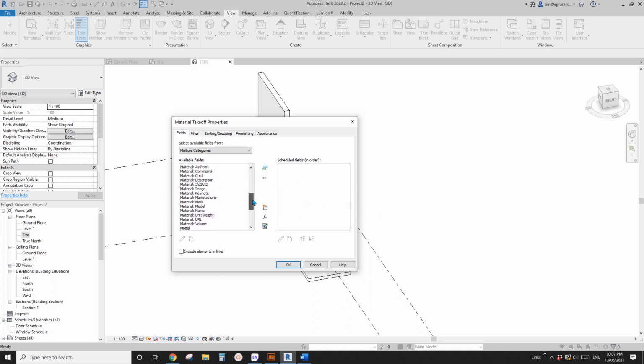Because it's a material takeoff, when you use, for example, the name or the mark, you need to choose the material ones, not the ones here. You might see another parameter, oh sorry, there's no name, but there's type mark or type or description. No, they are not material parameters, so you need to use these. Okay, so material name, and maybe